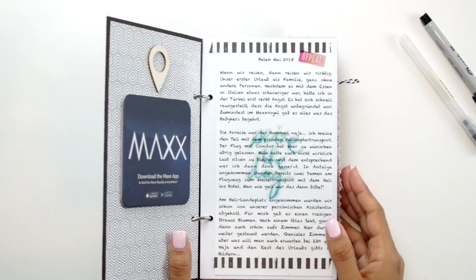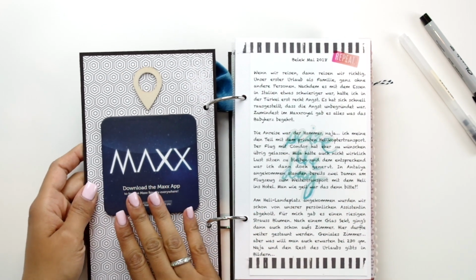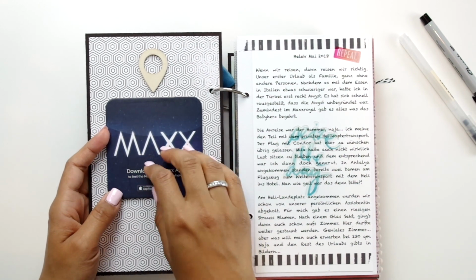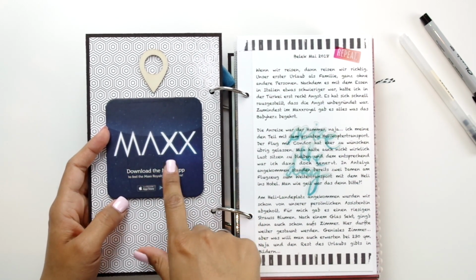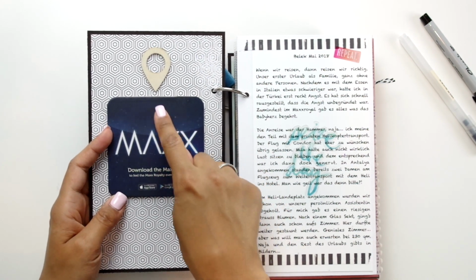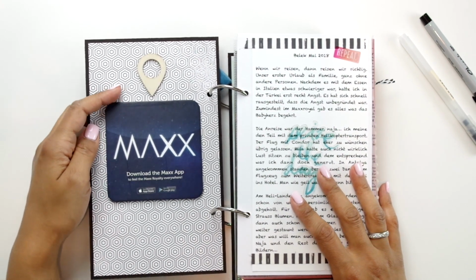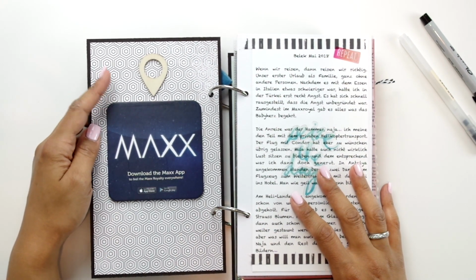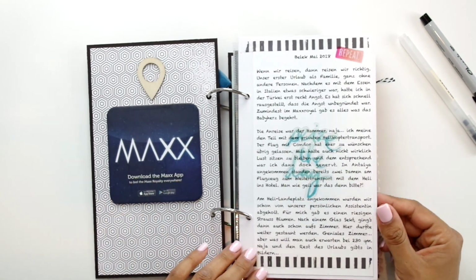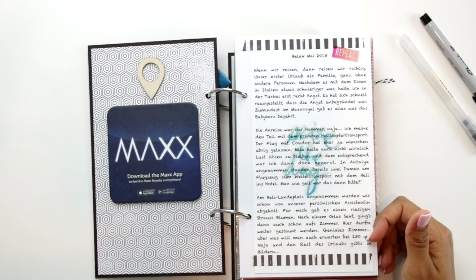So let's look inside. I used some ephemera, some bits and pieces that I took from the hotel. This was, I'm not sure how you call this, but you actually put your glasses on that, and I just wanted to use that as documenting. And I just added a geotag, or however you call those in English, to spot where we were. And then I thought it would be nice to give an introduction, and I just wrote a couple of words,